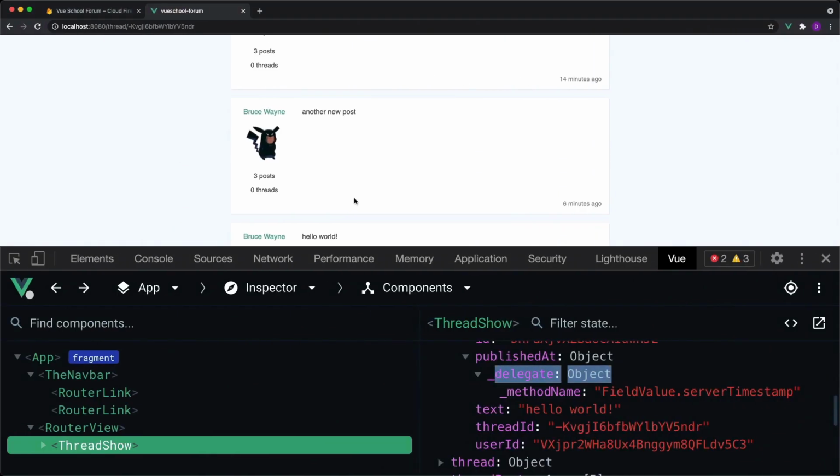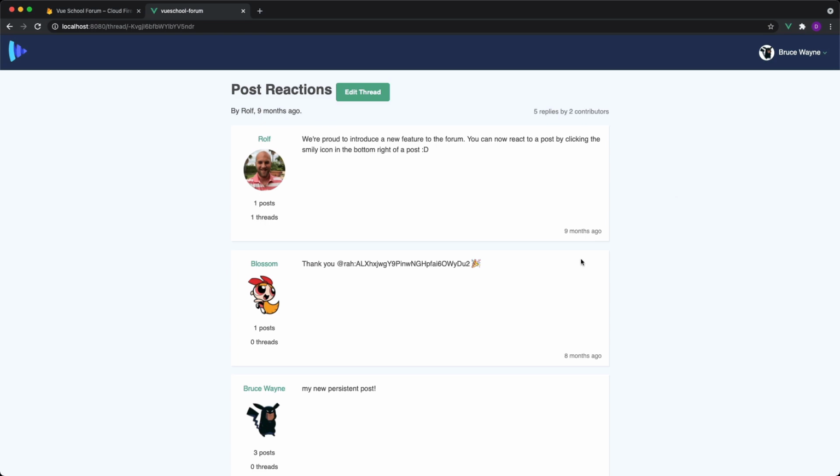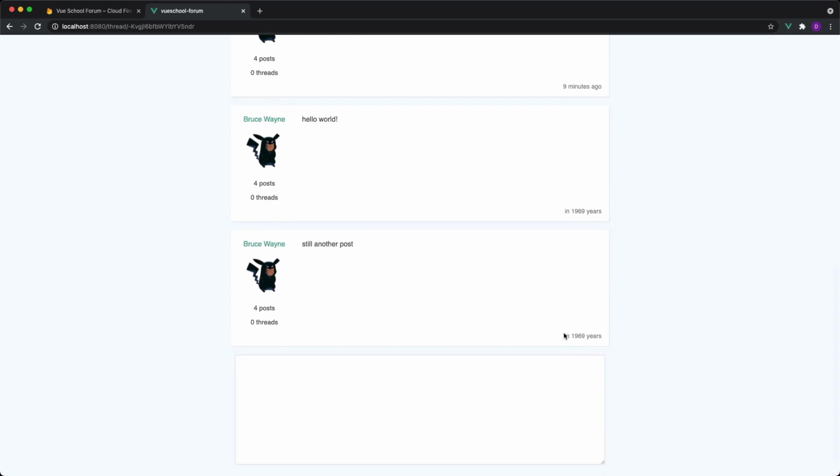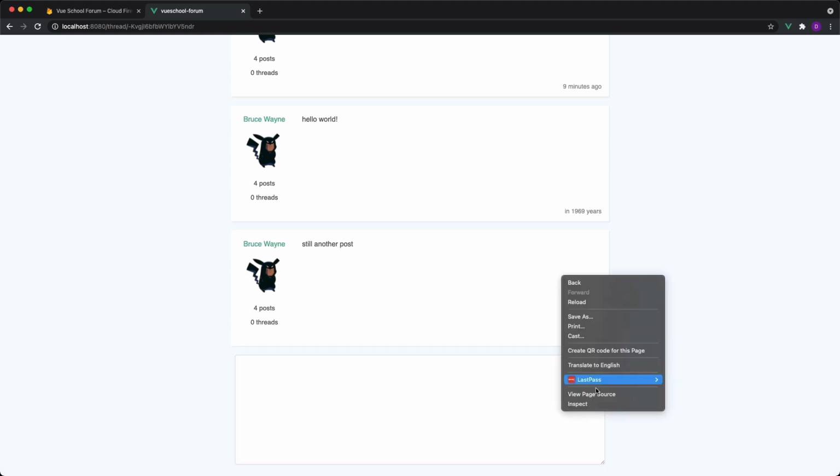Now, when we add another post in the browser, the not a number issue is gone, but now every new post is added 1969 years in the future. Hmm, that's not right. If we look in the Vue DevTools,